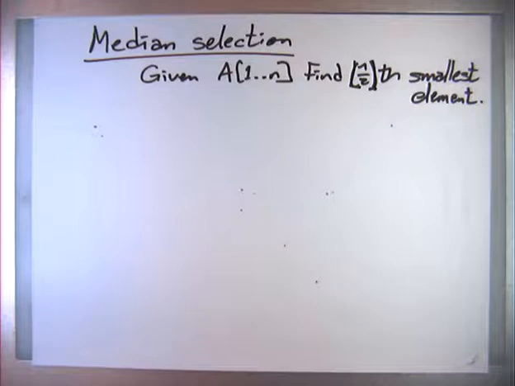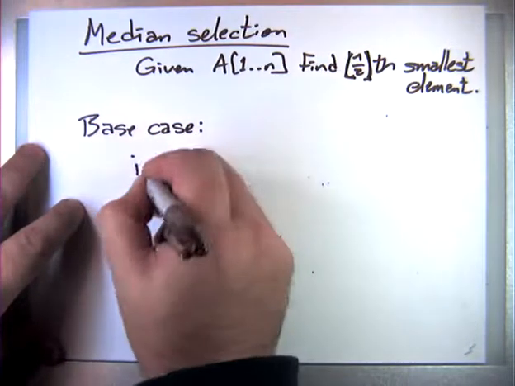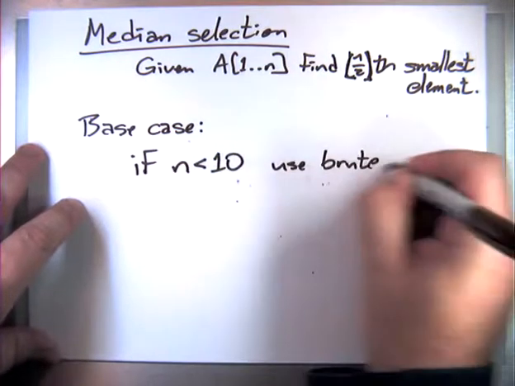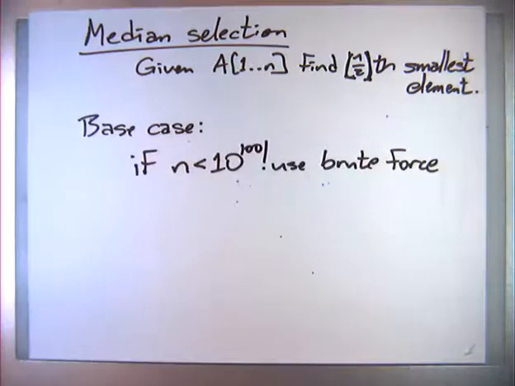The specific details about, do I want to round down? Do I want to round up? Do I want to worry about what happens when n is even versus when n is odd? These are surprisingly irrelevant because of the base case in the algorithm that I'm going to show you. So the base case is very simple. If n is tiny, use brute force. And by tiny, of course, I mean any number at all. That's a constant. So the running time when n falls into that case is constant.